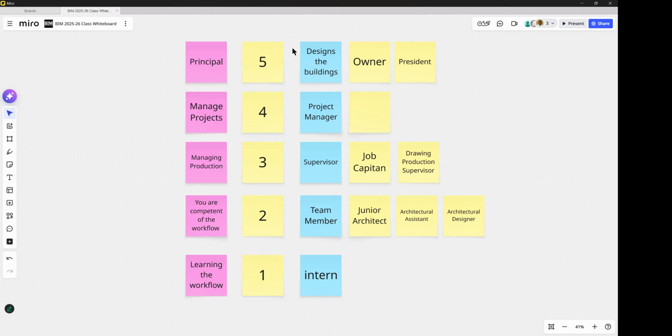Architecture is usually one of those roles where you work with people, and I'm not even talking about engineers or civil yet.